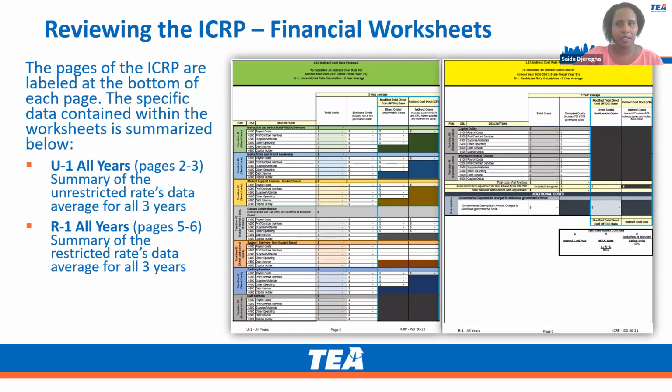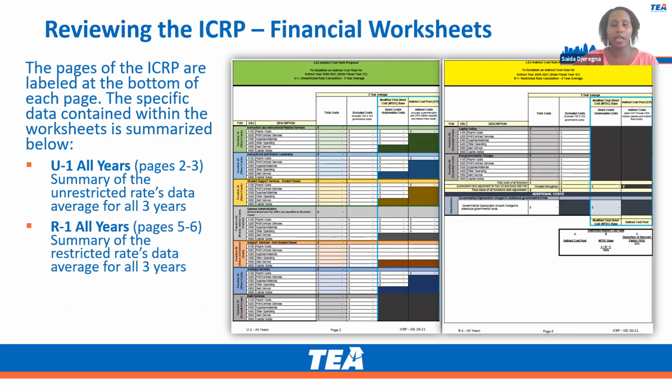Thank you, Ashley. In the next few slides, we're going to look at some pages from the completed ICRP, which is the financial worksheet, and we're going to also discuss the difference between the ACW certification and the ICRP certification, and how to submit the ICRP certification. So this is, when first generated, the ICRP is an Excel form, which will be converted into a PDF, and that is what will be uploaded to districts on GFFC reports.